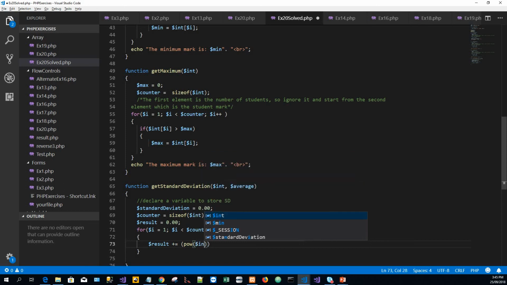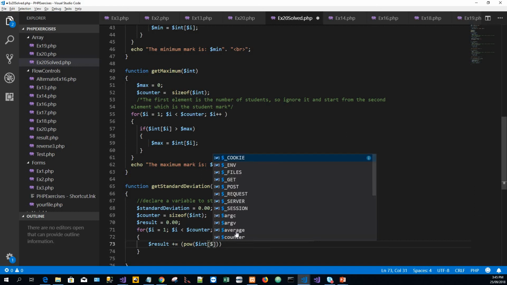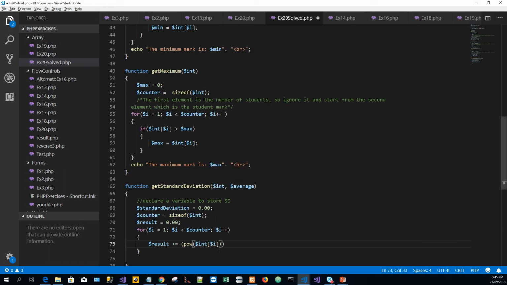Dollar int, pow function is for squaring actually. Dollar i, an exponent, that is the base, and that is the exponent, is 2, squaring. This minus